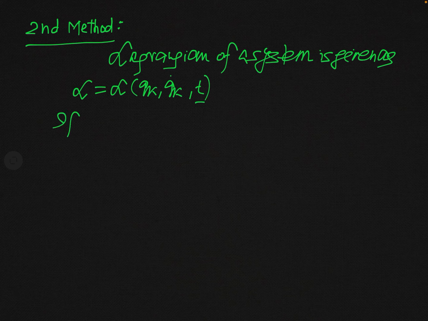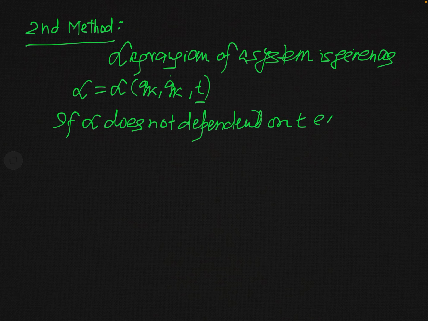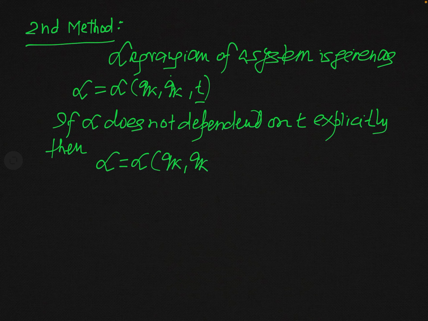So if L does not depend on t explicitly, then we can write L equal to L of qk, qk dot,